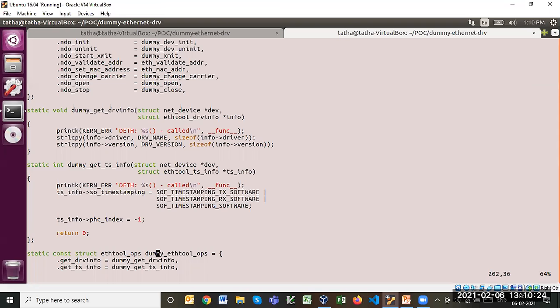That is the point. I'm not sure which Linux version you will develop your device driver on. There may be some different structures, because with every major kernel version there may be changes here and there. But the basic concept is this.